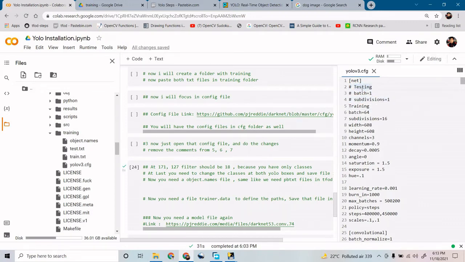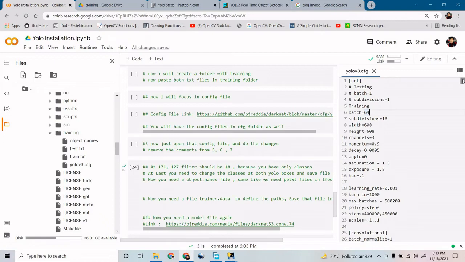By default these things will be uncommented. You need to comment out 2, 3, 4, and uncomment training, batch, subdivisions. This should be like this. You need to remove the comments from 5, 6, 7 and place your comments on 2, 4, 3.